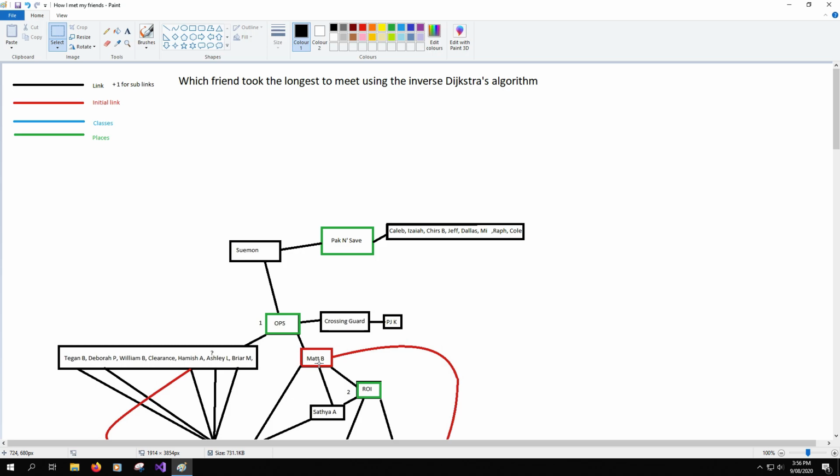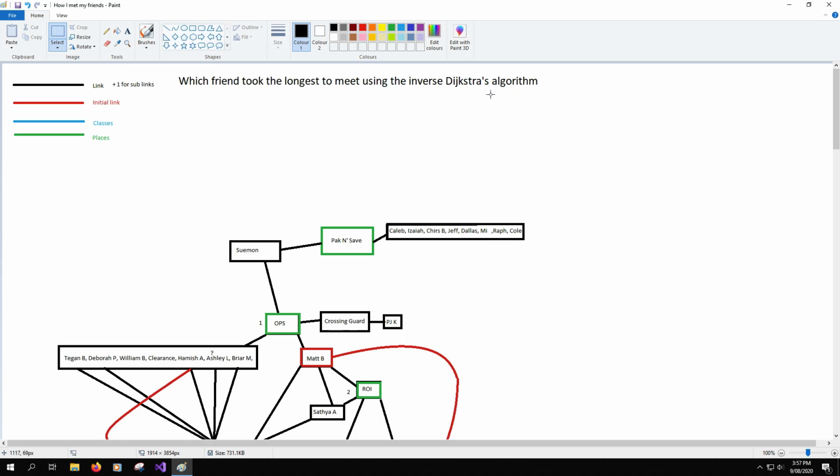So Matt B is in red because he's one of the initial links to a lot of people. So I should probably do the color code. Green is places, blue is classes, red is initial link, black is just link, and then for every link or sublink, it's +1. You'll understand what +1 is in a moment. Actually, I'll explain what